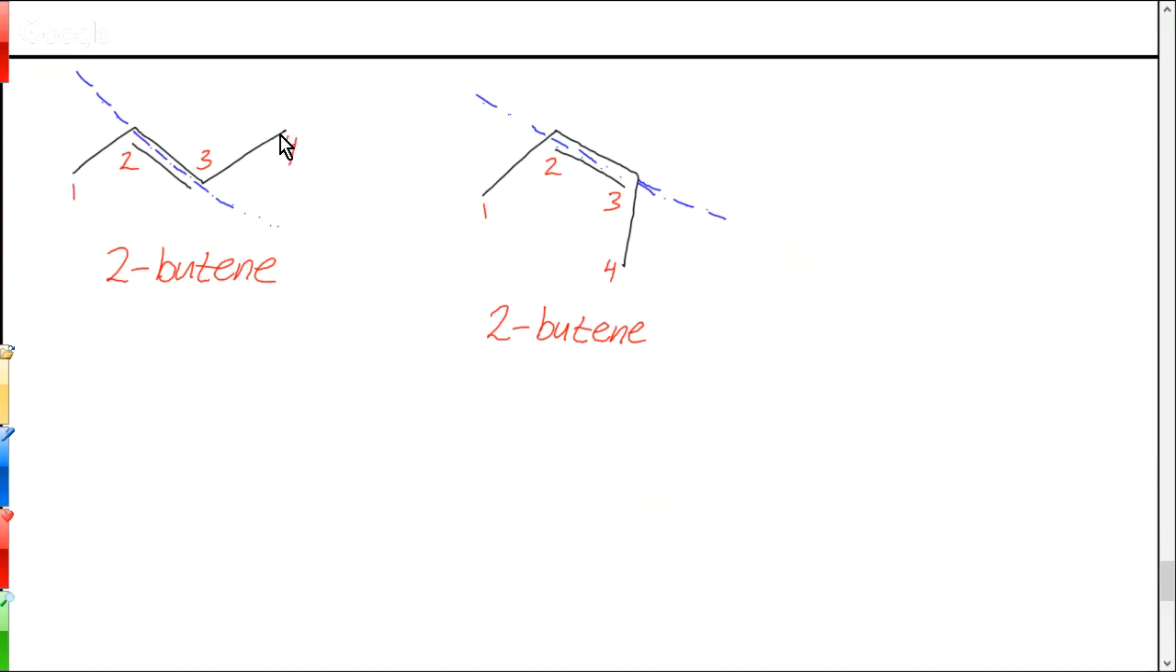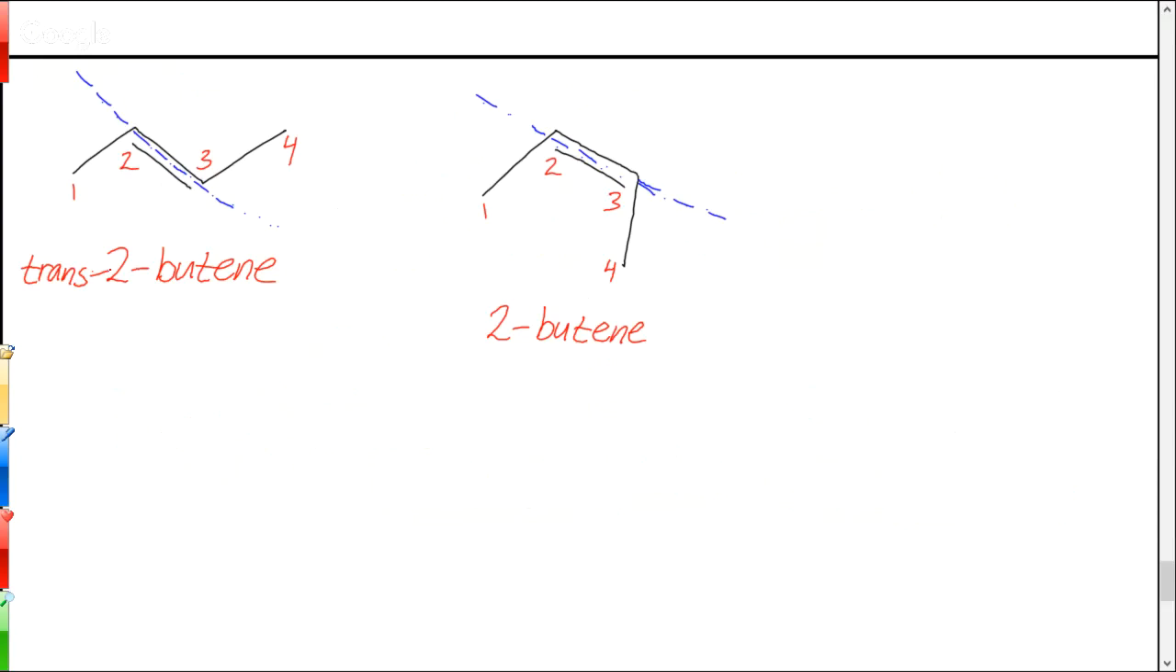So here, carbons 1 and 4, which are the carbons connected to the double bond, are on opposite sides of that line. And over here, they're on the same side of the line. See that? And that would be the case no matter how we rotated it. As long as we didn't rotate the bond, we can spin it and still have that same orientation. So the language we use for that is if they're on opposite sides of that line,